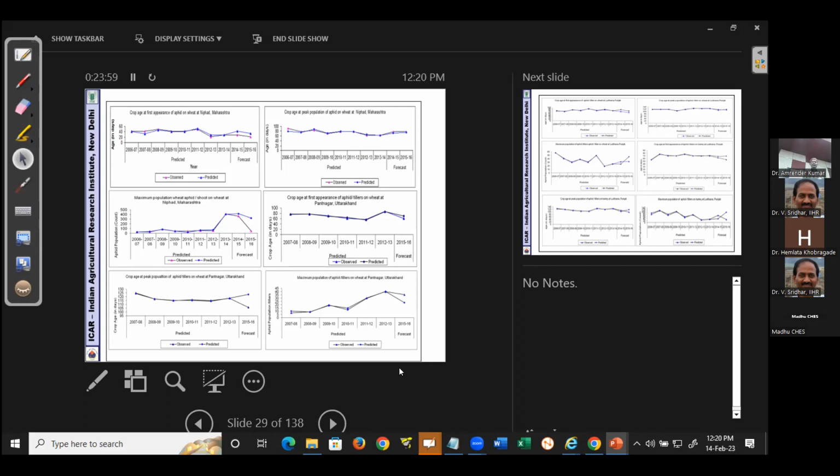Now just see, this graph is showing there is a good agreement between the observed one and the forecast one. Based on this analysis, we just published one paper on the experimental biology of this model. Just recently, 1 month back, this paper was published. And this type of work is the first of its type in India, which is especially on the wheat aphid. So here